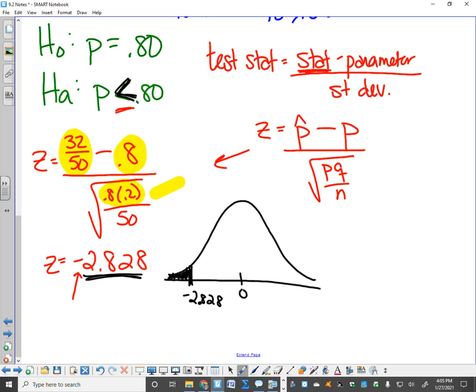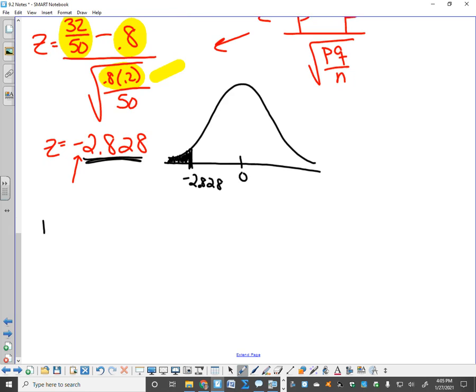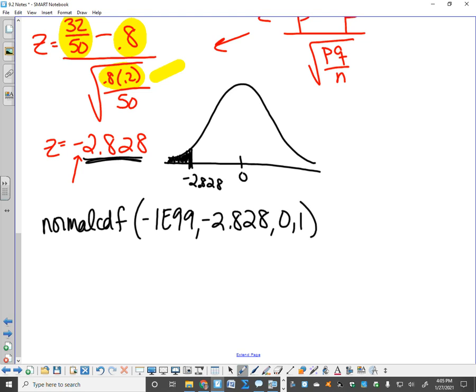Remember, the p-value is the probability that something happened by chance. It is a probability, so it makes sense that it is the area under the curve. So I'm going to normal CDF from negative infinity to negative 2.828, comma 0, comma 1, because these are z-scores, and the mean and the standard deviation will always be a 0 and a 1. I'm going to type that into my calculator, and I get, not a z, and I'm going to label him. This, my friends, is your p-value, and it equals